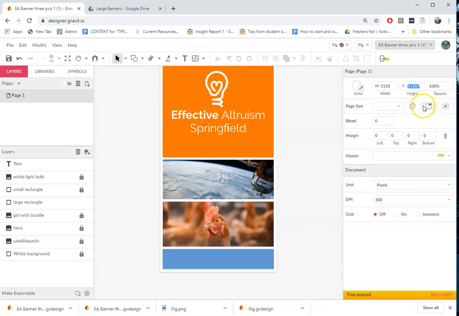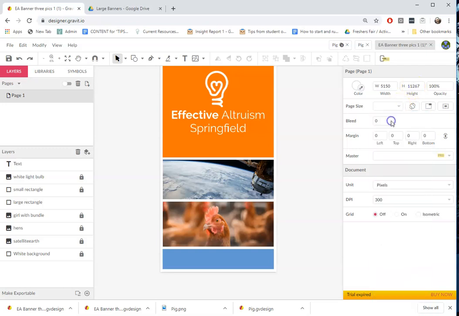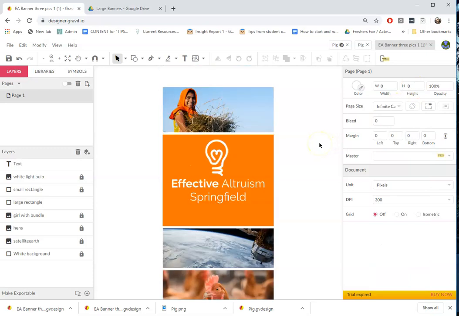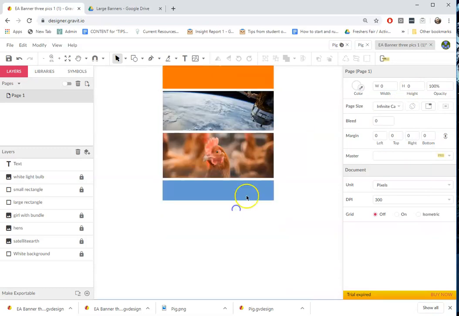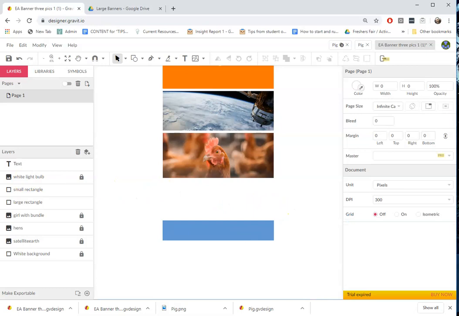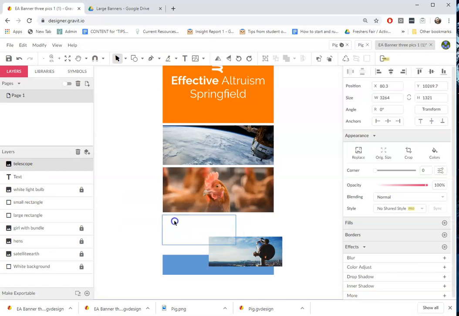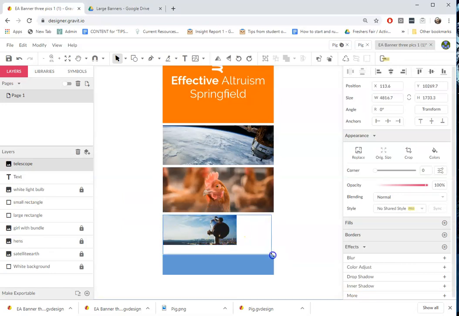So, or actually a couple of different ways. You can either change it to infinite canvas and then add more components, or you can change the height. So I'll just change it to infinite canvas. And let's say I wanted to have another picture slotted in. Unlock my small rectangle, shove the picture in, and let's say I wanted to have a nice telescope in there. Yeah. Then I can shove another picture in there,